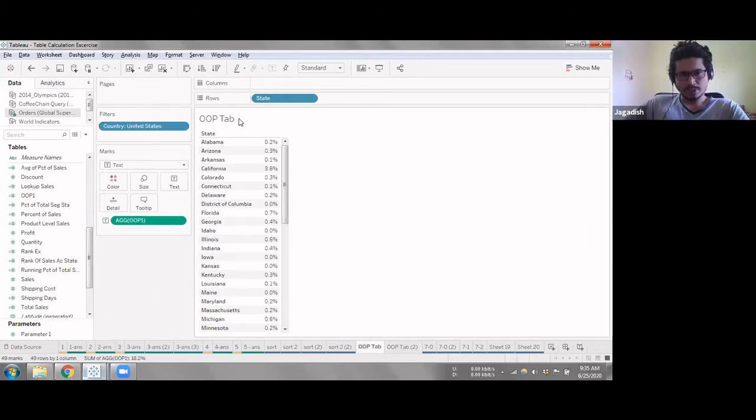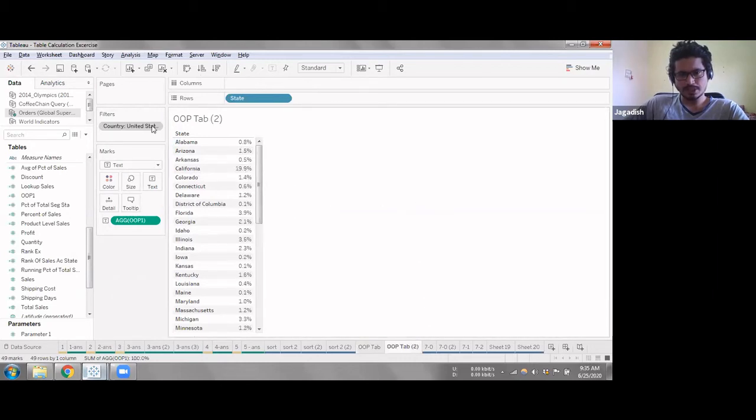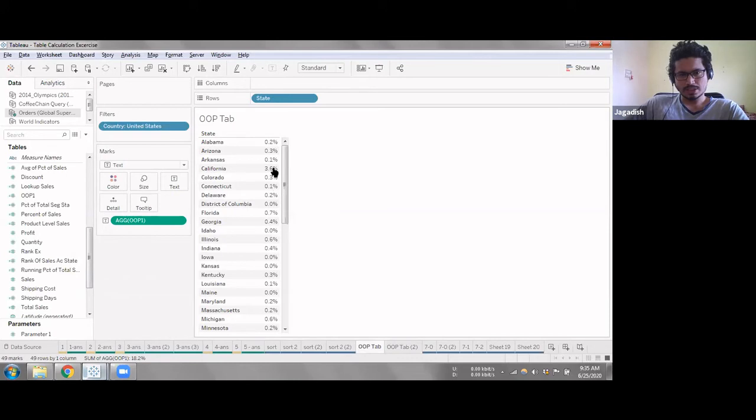Okay, I put the filter for only United States, and I'm seeing the sales percentage across different states. It's giving me these results: 0.9%, etc. California 3.6%. Immediately when I change the same filter to a context filter, my values are changing: 19%, 3.6%, etc. So if I just open this calculated field OP1,